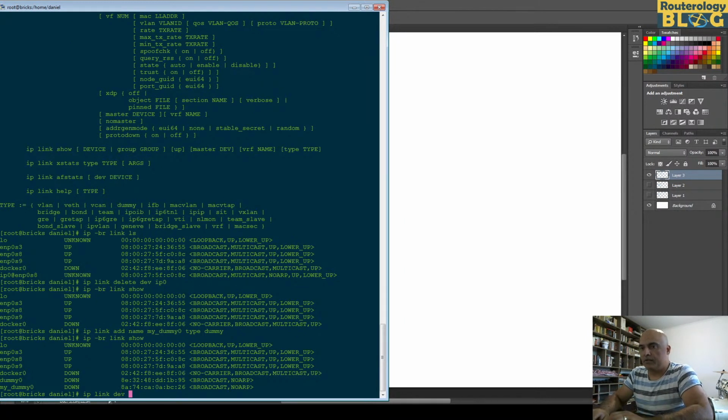So ip link dev mydummy. Actually, you can put the arguments in a different order also, but I'm showing you exactly how the syntax is presented in help. So ip link set, actually I want to specify the action,